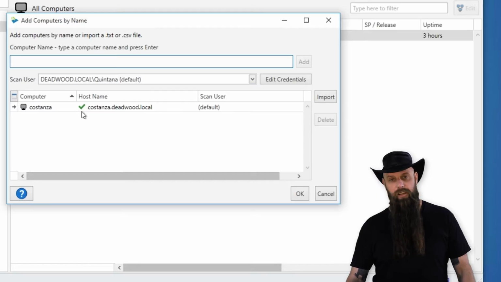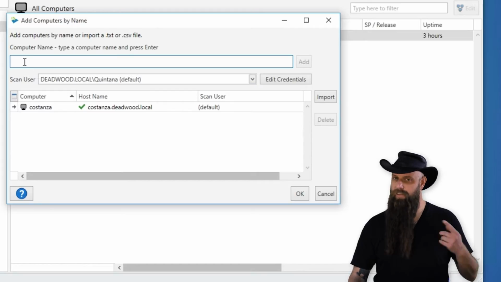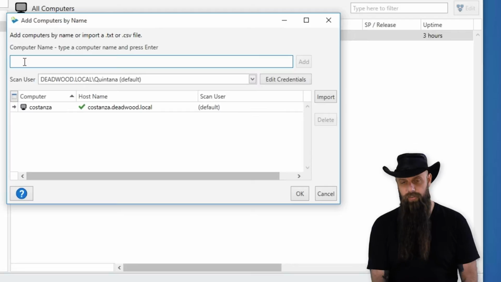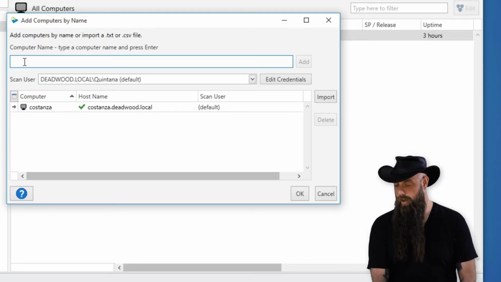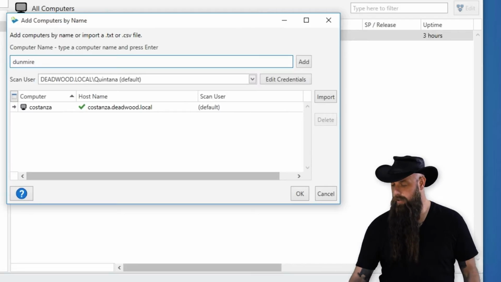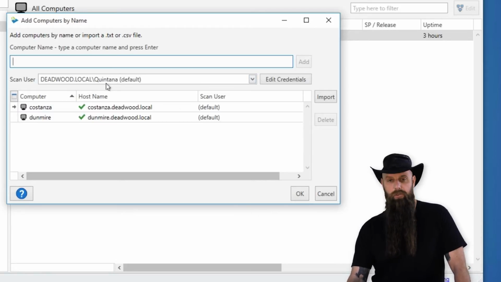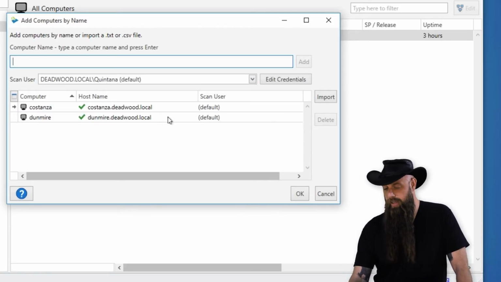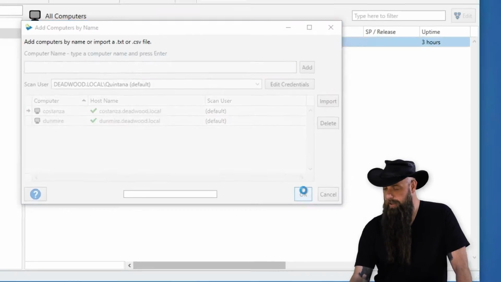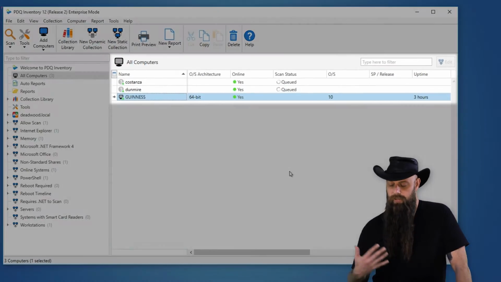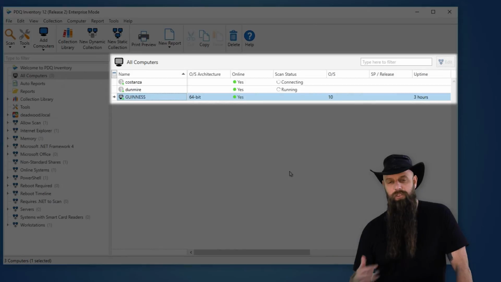And if you see that green check mark, that doesn't mean that it's online. It means that this computer name was able to be resolved by DNS. We'll also add a Dunmeyer. So once again, these are going to use the Quintana account in the Deadwood domain. We'll just say OK. What it does, it tries to add these. It attempts to contact and scan these computers. So if they're offline,